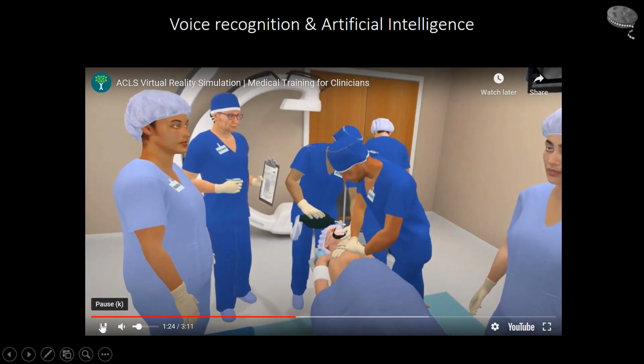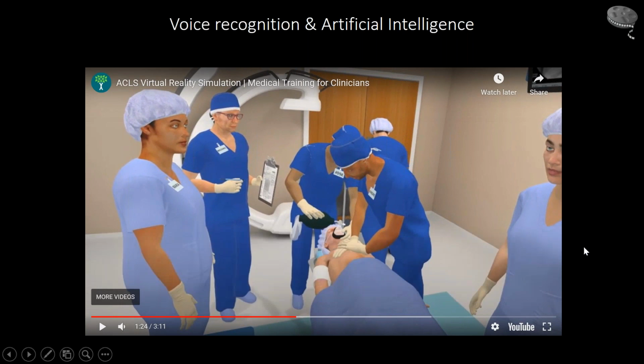Charging. So I'll just stop that there. I don't think you need to see anymore, but really interesting concept. And they actually have an EMS ACLS scenario or series of scenarios, and pediatric advanced life support as well. So the company is migrating their software to the Oculus Quest, which is a standalone headset. So that's going to be a lot less expensive, a lot more user friendly. So they've done that, and